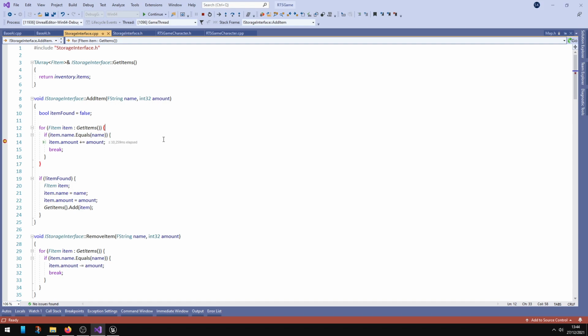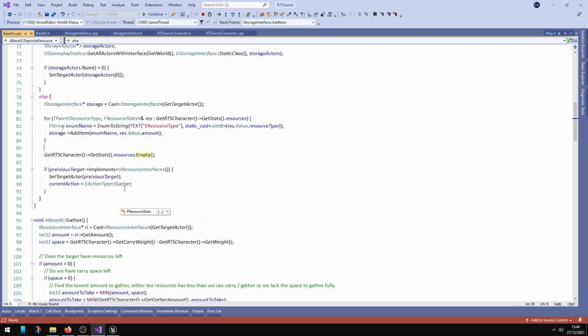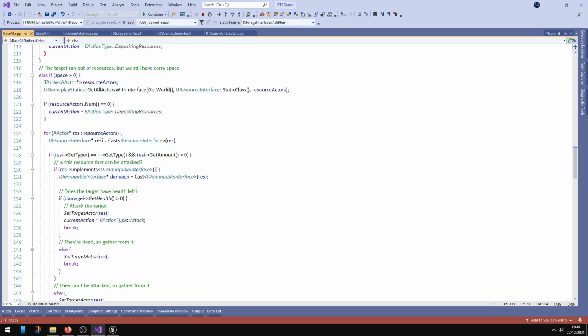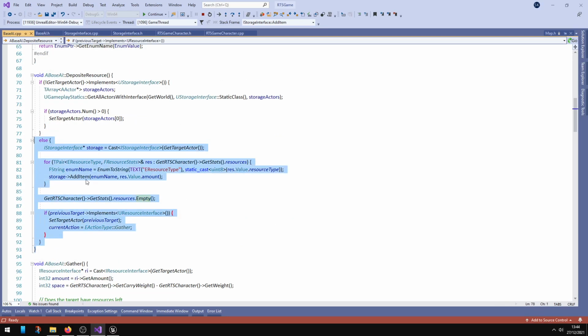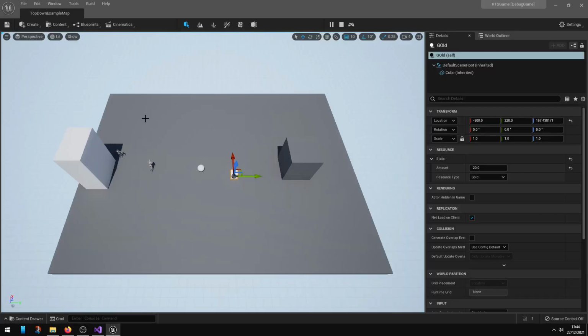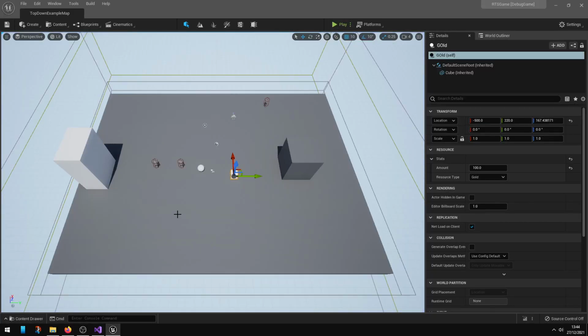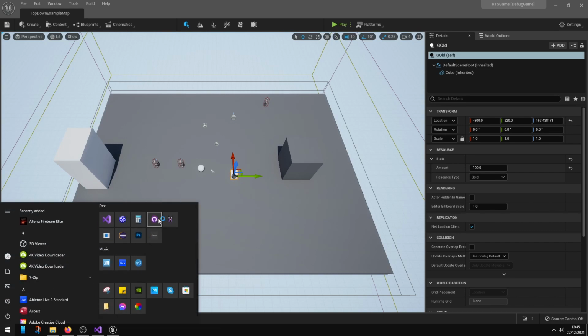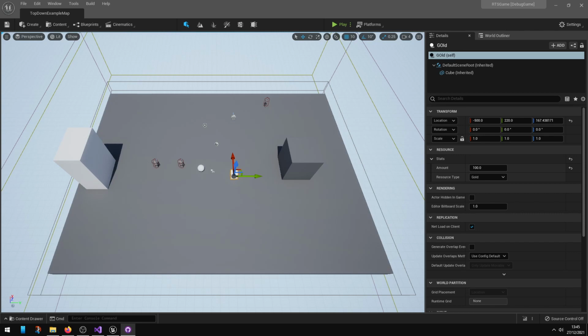But the functionality is working, so it's going through all of this, it's doing its gather resource, filling up its inventory, and then when it's full, it's coming back to the storage, dropping it off, and then going back to the resource again. So we just need to fix this concept of getting a pointer to the struct basically. But we're all good. So I'll actually do this now and upload the code changes, which will be